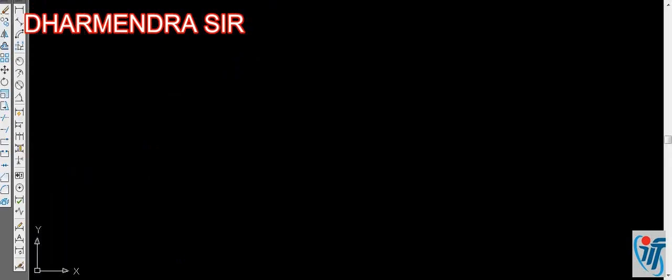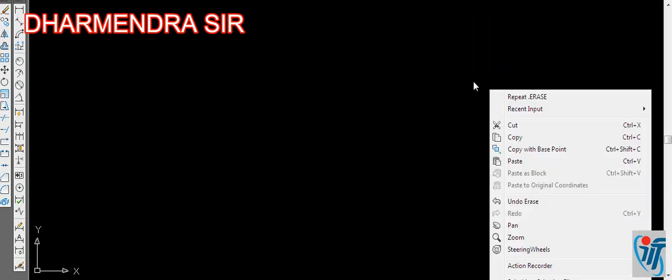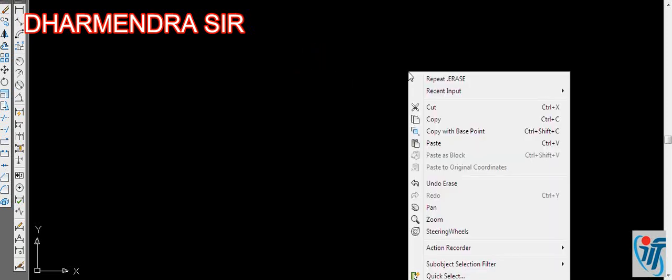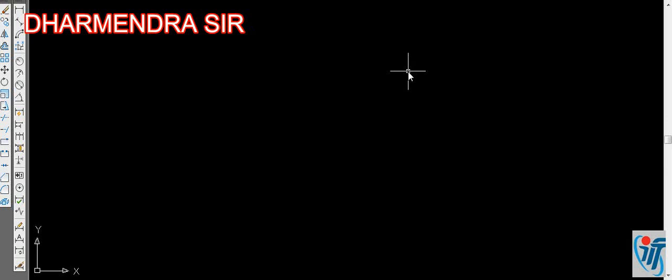Today I am going to tell you about how to draw a line in AutoCAD. In the previous lesson we have already discussed setting the unit, dimension and limits while working in architectural unit. That means if you want to draw a plan in feet or inches, we may use architectural unit, that means feet or inch. Okay, so here is our screen.